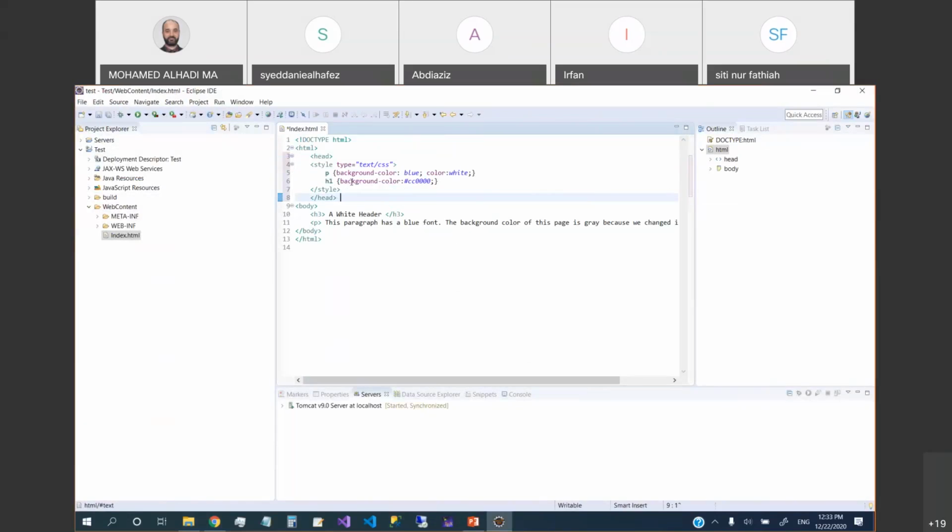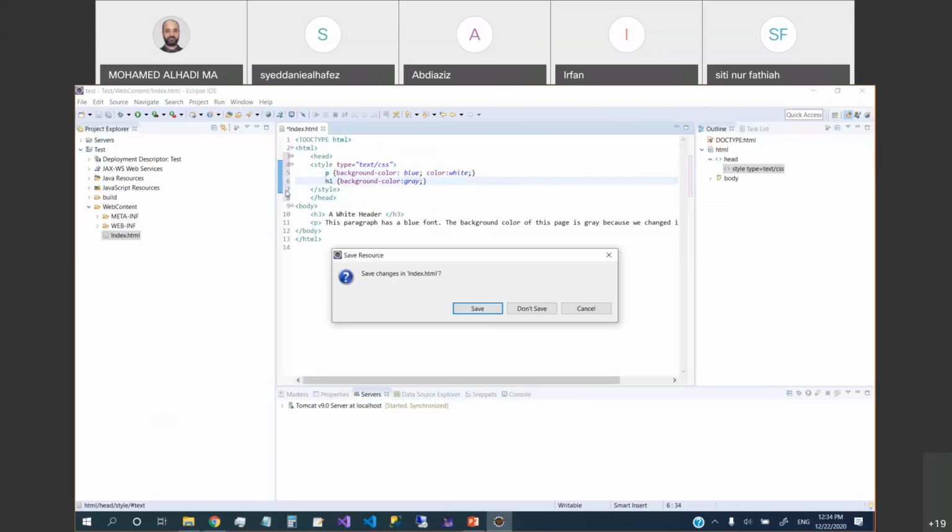So here what do we have inside the head is a style, right? A style section. The style section formats the paragraph, changes the background color to blue, the text color to white, and also the H1 background color is this. I don't know what color that is, but let us use gray. Okay, then if we run here,